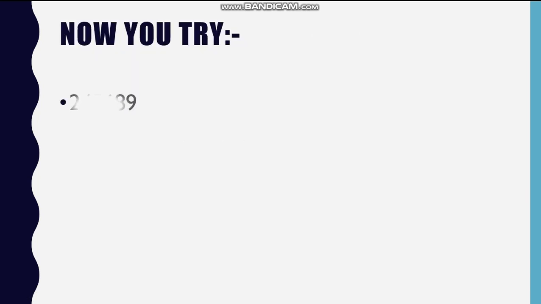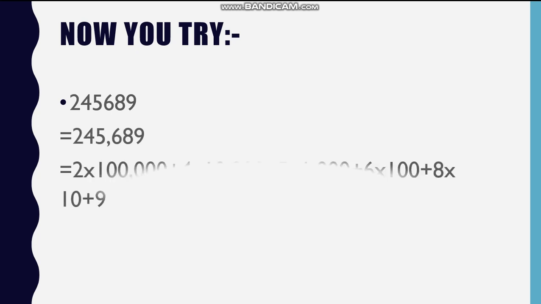Now you have to try this question. Just note down this question and try to solve. The first method is to first make a group of 3 and then write down the number in words. I have made a group of 3, then the number will be like this. You have to solve and just match your answer. You can pause your video and just